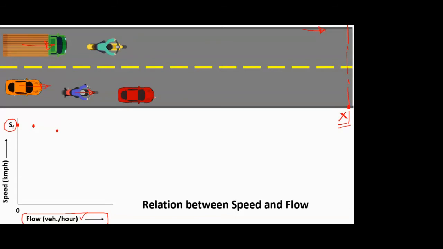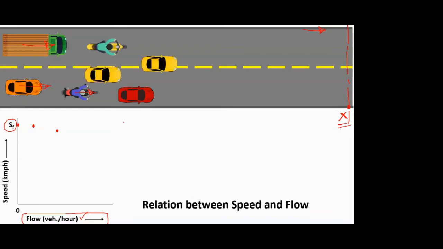Now, when I introduce more vehicles, again the speed value will decrease. You can understand this by logic also, and you must have seen that the more vehicles on your road stretch, the less will be the speed of your traffic stream. Or if you are not getting the concept of traffic speed, consider that if there are more vehicles, you can't drive at the speed you desire. Maybe you want to drive at 80 kmph, but due to many vehicles around you, you can't drive at 80 and you have to be satisfied with somewhere around 40 kmph. So that's the thing you can consider while understanding this concept of speed of traffic stream.